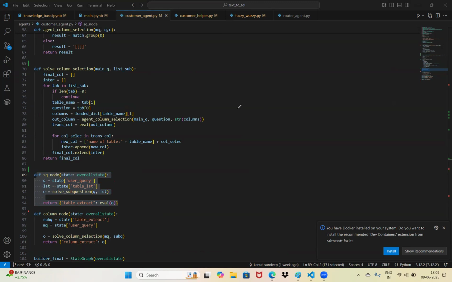Now let's assume we are talking about customer agent. Customer agent only knows about two tables. It knows about customer table. It knows about seller table. That's all, right? So our table list, when we are defining customer agent, will be customer comma seller. We will be giving this list as LST variable, right? So now we are giving both these inputs